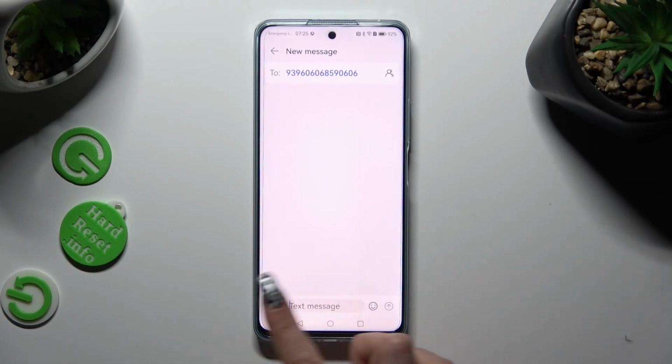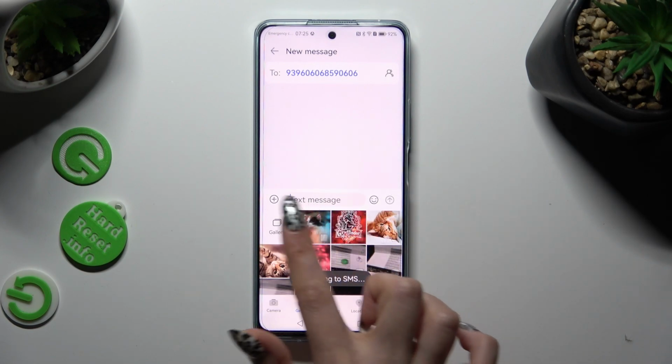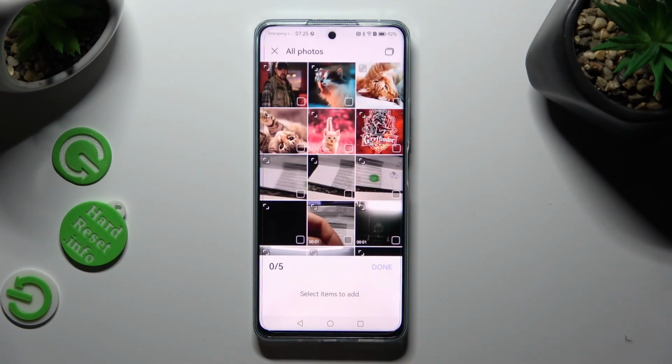Then tap on this plus icon at the bottom left corner. Following that, just click on the photo that you wish to add. You can also select Gallery section on the left instead. Select your photo from here